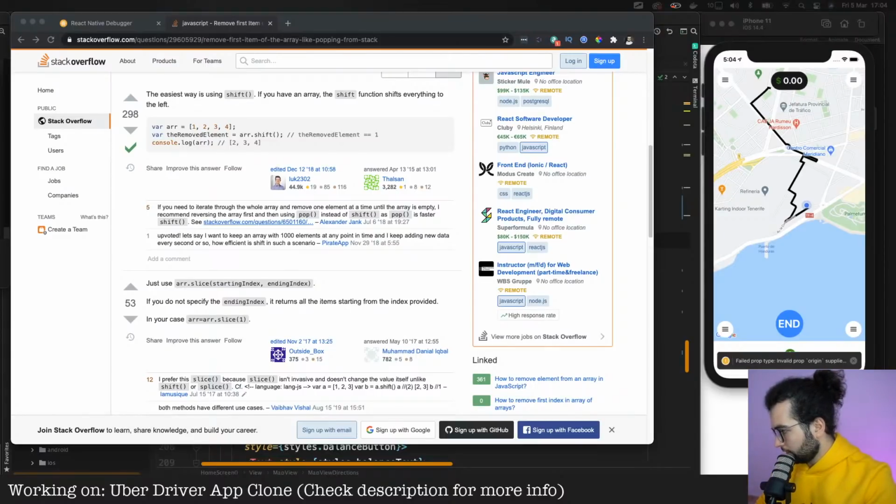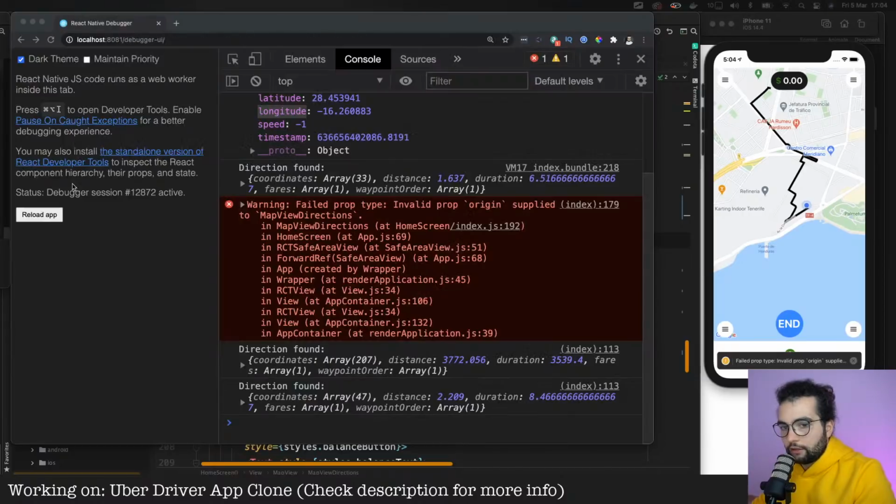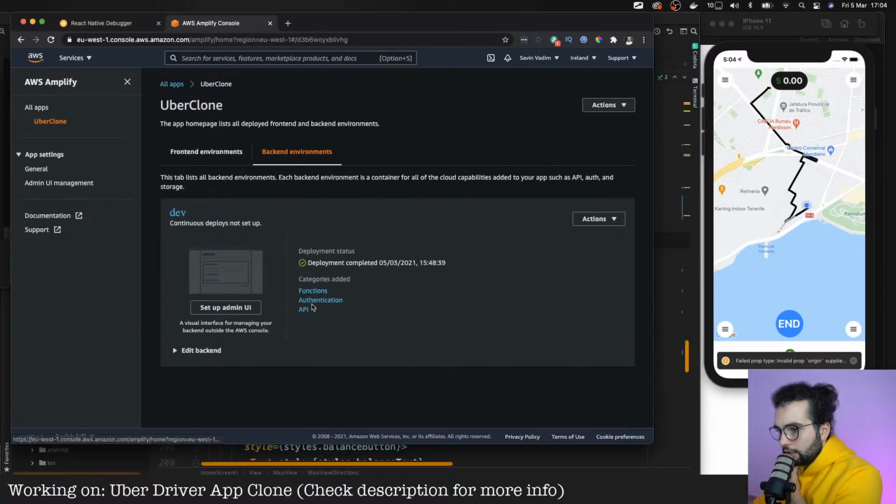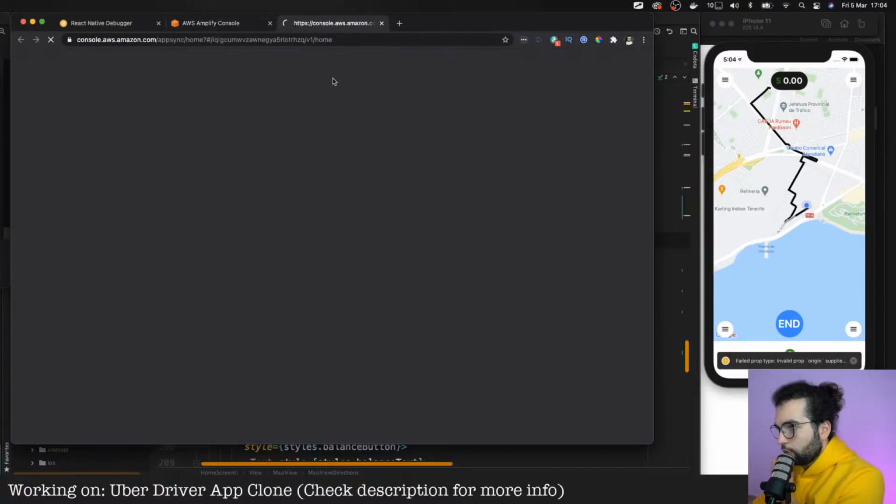No, I'm not a robot. Okay, here is our Uber clone. In the API, let's view it in AppSync.